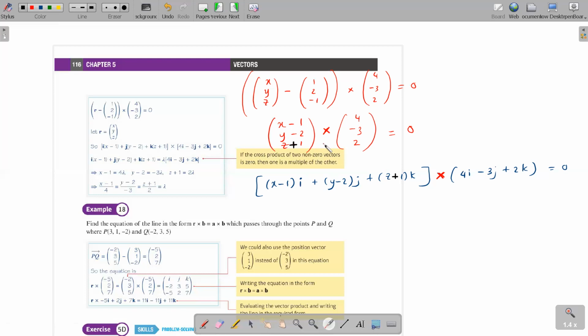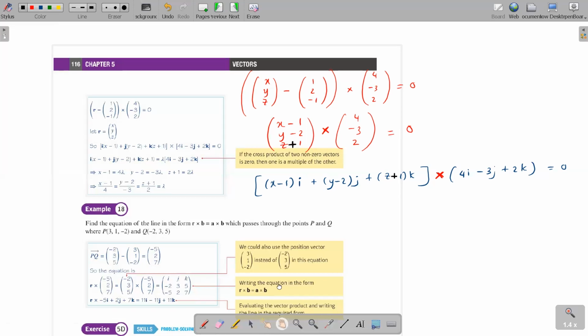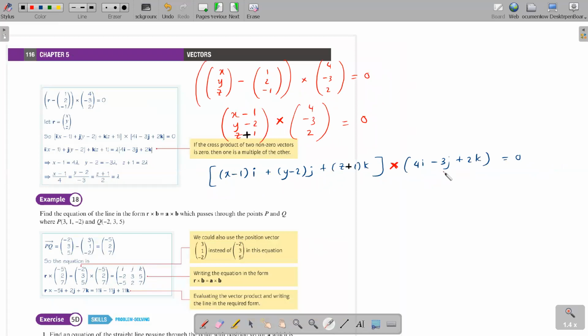So parallel. Basically, do you agree that these two vectors are multiples of each other? Because if I take vector A and if I take vector 2A, these two are parallel, right? They have the same direction. So we can say vector A and vector lambda A, because we don't know how many times it is.